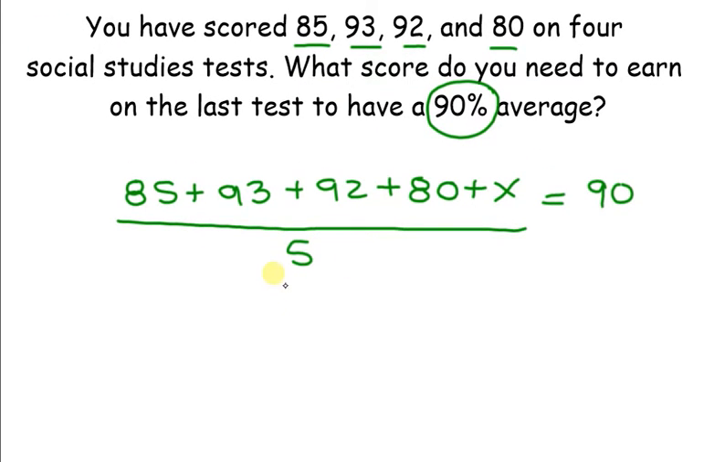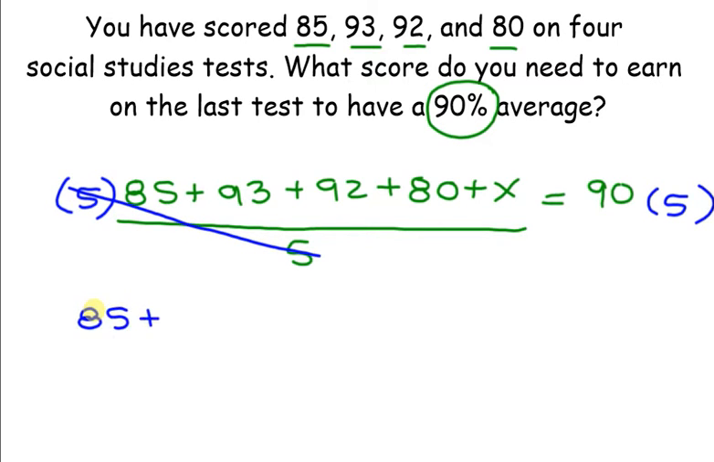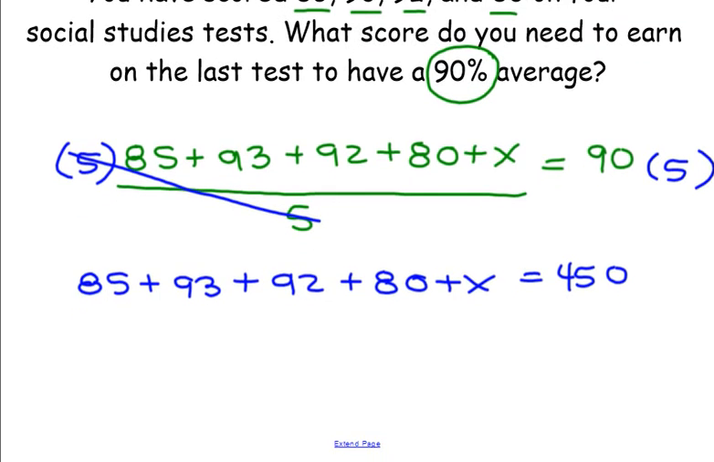First thing I need to do is get rid of this divided by 5, so I'm going to multiply by 5, but I have to do it to both sides. And those cancel. I'm left with 85 plus 93 plus 92 plus 80 plus x equals, and when I multiply 90 and 5 together, I get 450. Now I'm going to combine all of these numbers together. 85 plus 93 plus 92 plus 80, and that's going to give me 350 plus x equals